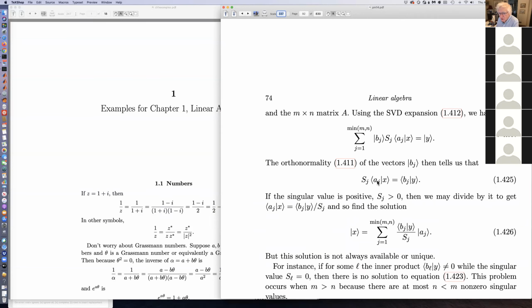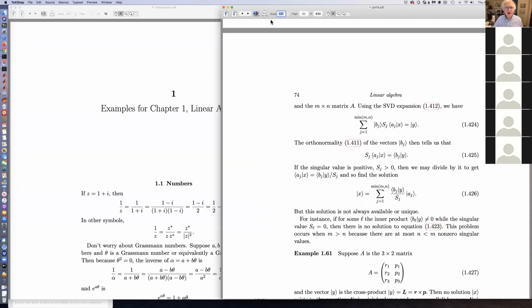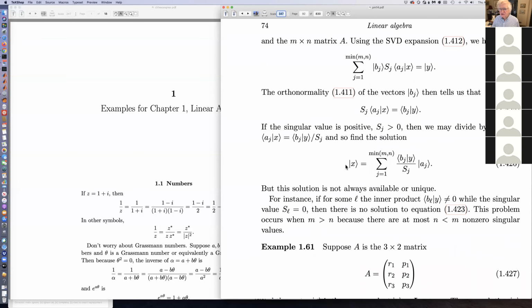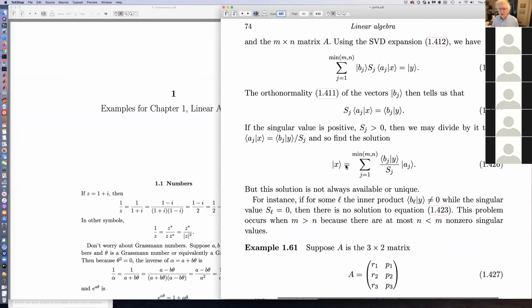So as long as you know the left and right singular vectors, God, I wish someone would explain to me how to use a mouse, because it keeps jumping on me. I guess I need a cat. Anyway,